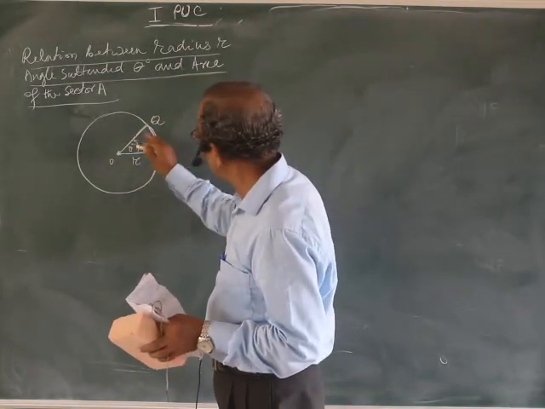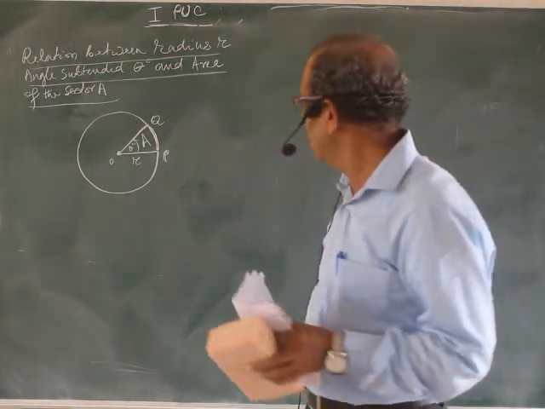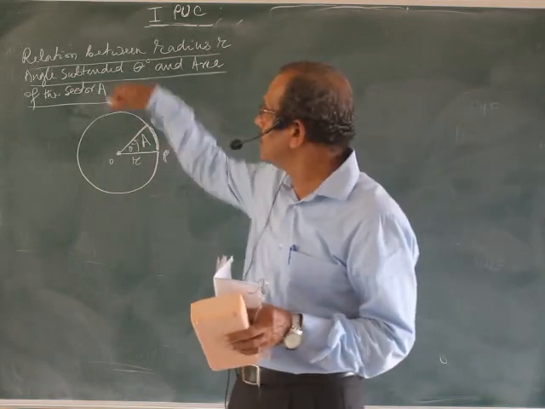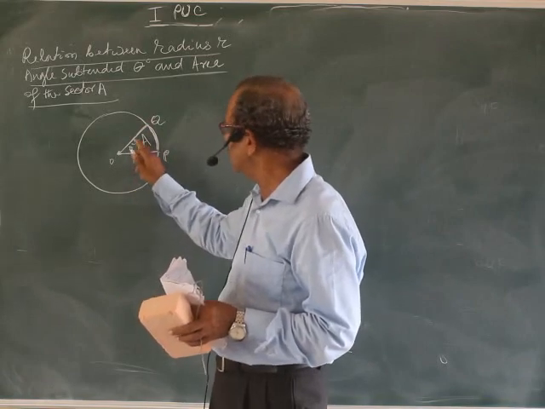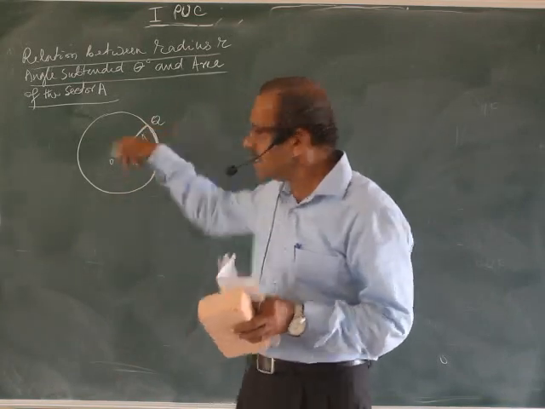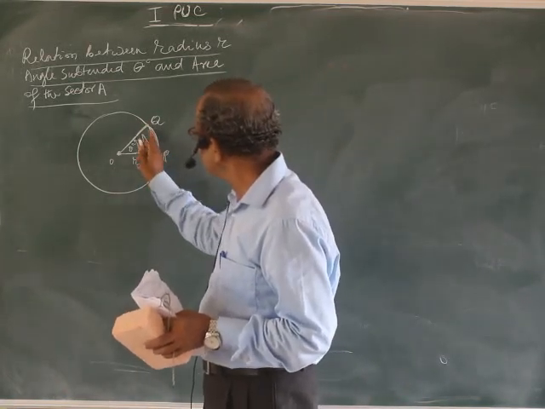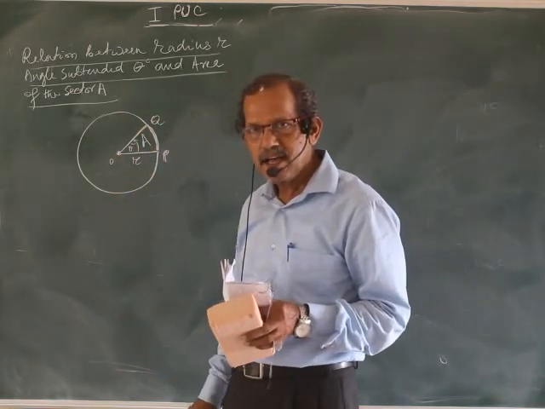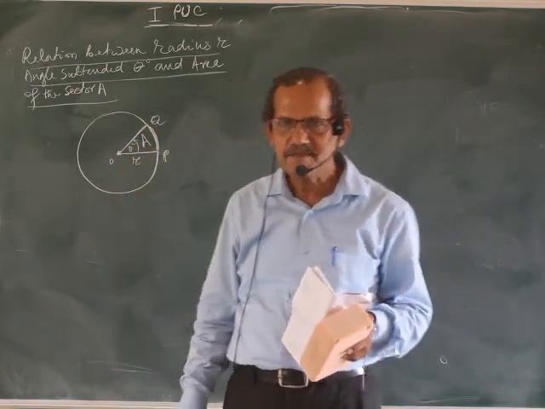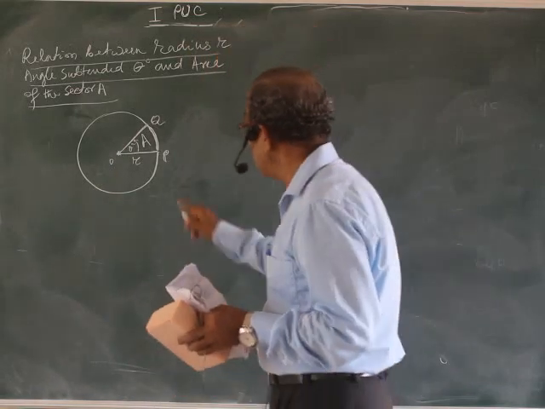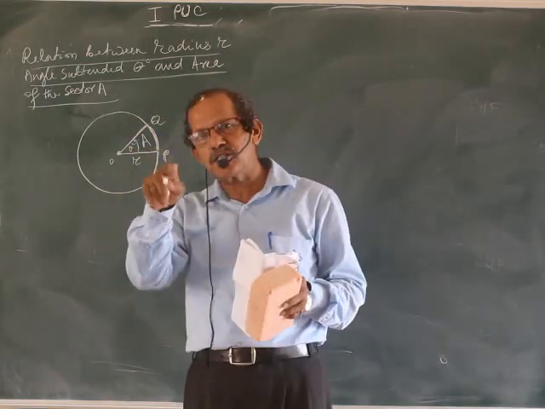Now let the area of the sector be capital A. Arc length is not given, not necessary. It is the previous formula. If the area of the sector is capital A, radius r, angle theta radian, what is the relation between them? You can observe one thing here. As you increase the area of the sector, angle also increases. Make the idea clear. As you increase the area of the sector, subtended angle also increases.